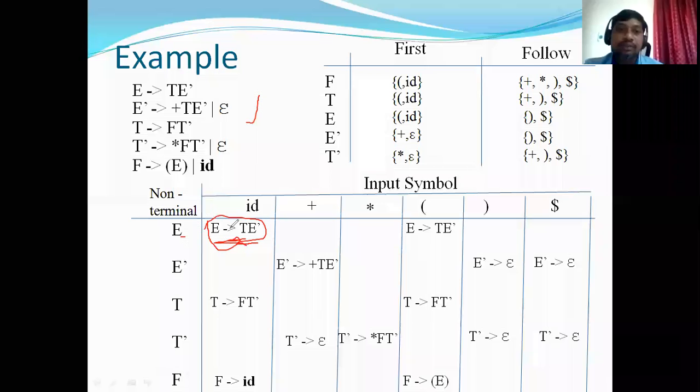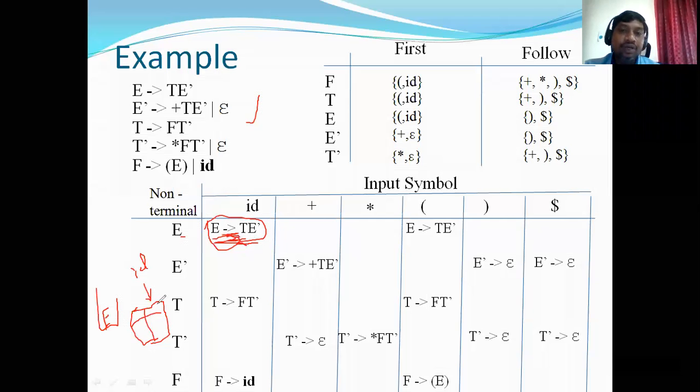So whenever E is on top of the stack and the current input symbol is ID, your parser will look into the parsing table entry corresponding to E with ID, that is, the current top of the stack with the current input symbol. For this entry we have E dash T dash.